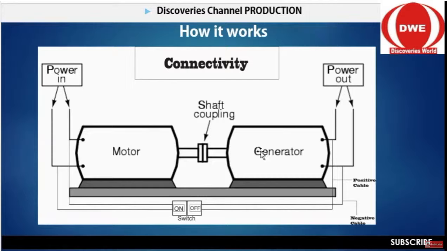I told you that when the generator runs at a high speed, it sends out the power output, and this power output is where you link to your house or to your fridge or whatever you use. I also explained about these two lines, negative and positive. This one is tapped to the positive output power, and this one to the negative, and it's all linked to the socket here. This is the control switch.